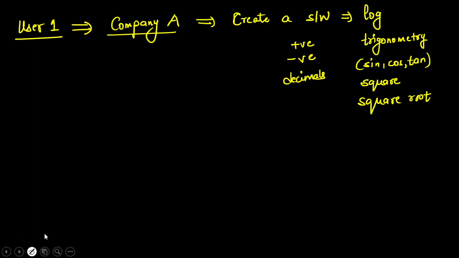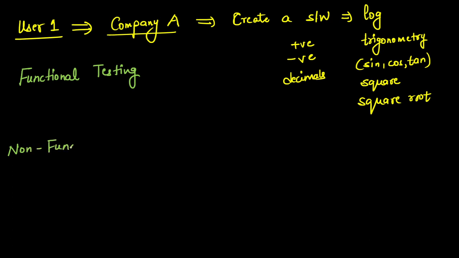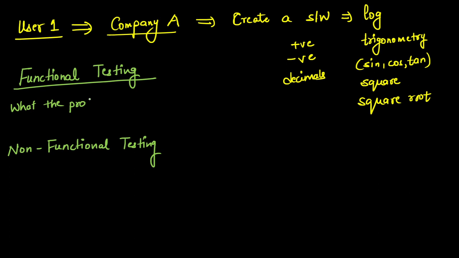So obviously, अब आप मुझे एक बात बताओ, very basic सी बात है, we have functional testing, ठीक है? So we have two types of testing. First we have functional testing and another one is non-functional testing. Correct? Functional testing क्या करती है? Functional testing tests the functionality of your product. Correct? It tells what the product does. Okay, this is the functional testing.